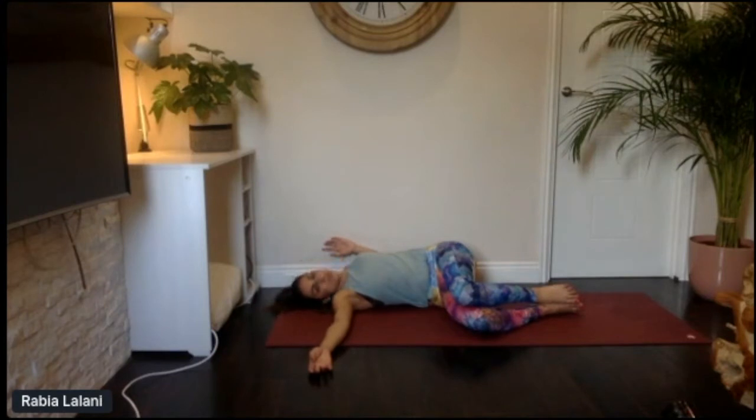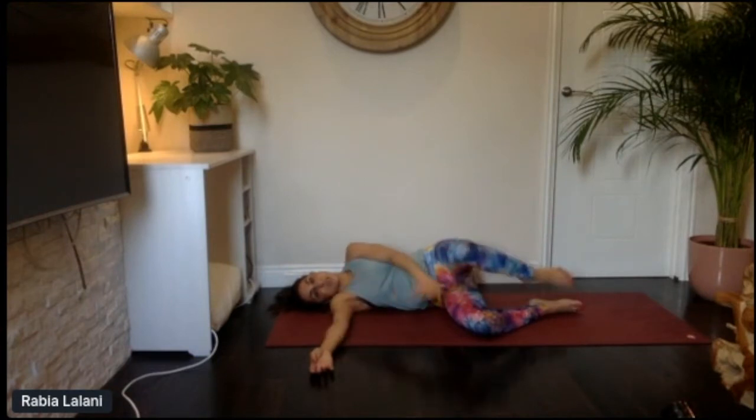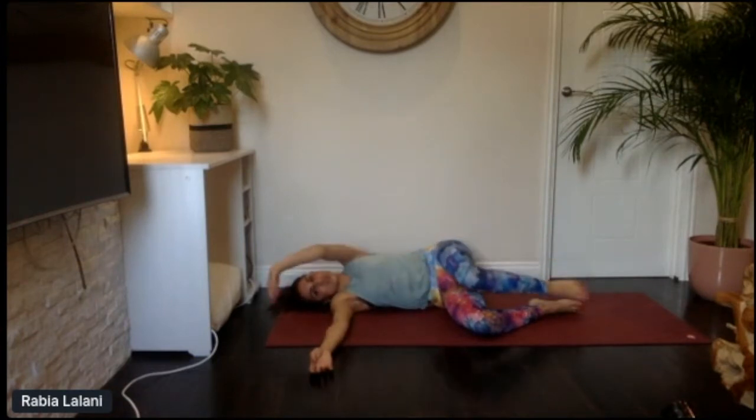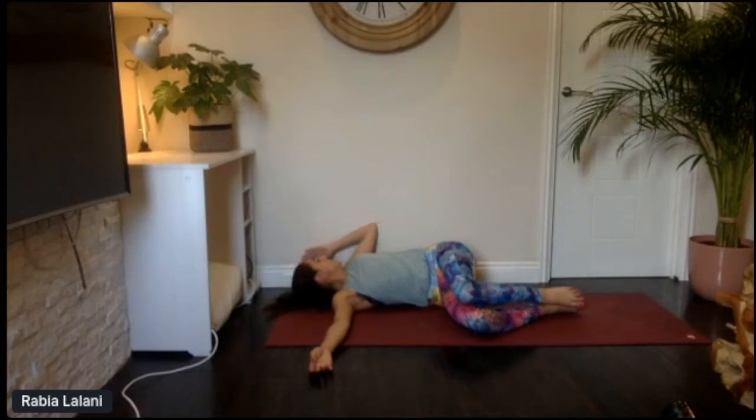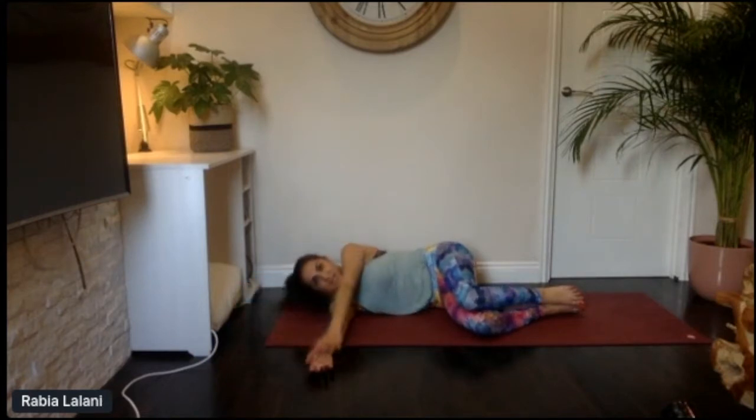Now, if this is too much for your IBS on some days, you can unwind the hand and simply lie on the right side, and you can even put a pillow between the legs for a restorative pose. Take a few deep breaths, the lying twist, gaze towards the left if it's comfortable for your neck. And then we're going to unwind back the way we came, sweeping the arm above the head, coming back together,